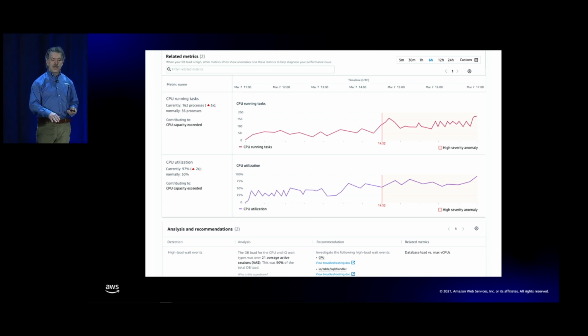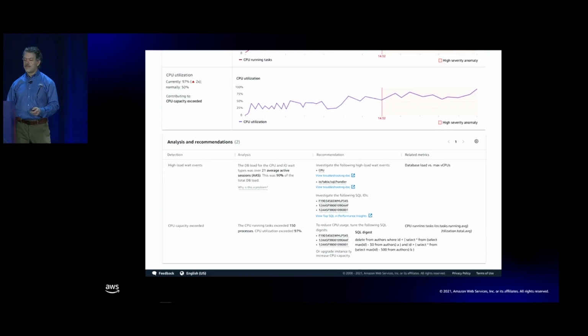The metrics shown here relate to the predominant aspects of the anomaly. For this anomaly, where we saw that the chief contributor was actually the CPU weight, the related metrics are also both CPU metrics, and we can see they're both elevated during the anomaly. This further confirms that in this case, CPU is a leading concern for this finding.